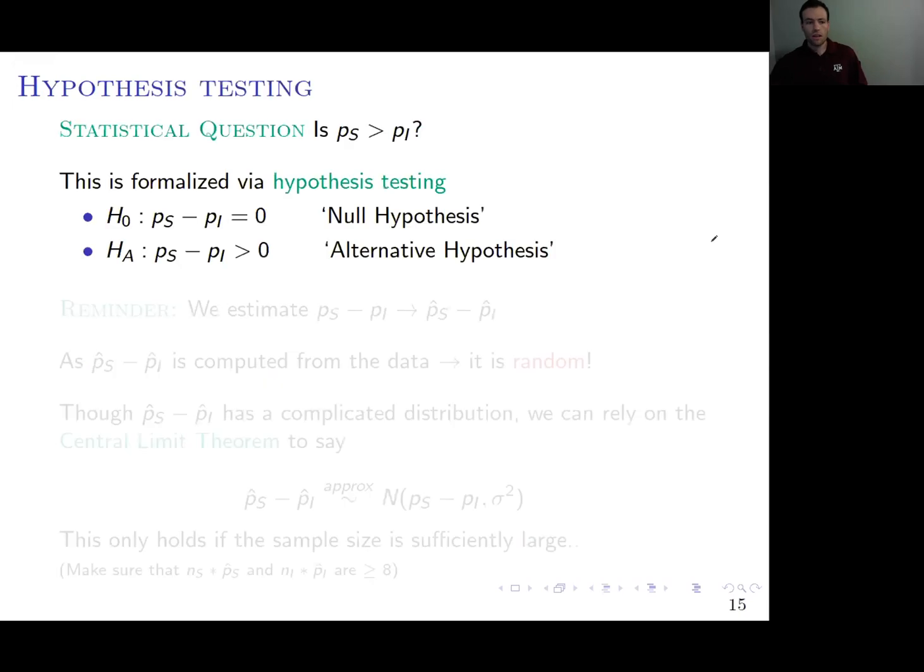So let's start talking about the statistical foundations here. The scientific question is the qualitative one about, is the click-through rate for services greater than the click-through rate for the interact? I'll mention at the end how we can do that. In this particular case, we could do all the pairwise testing